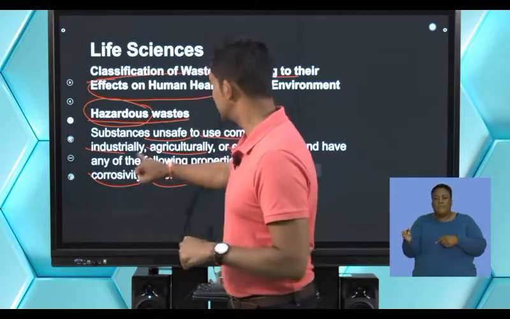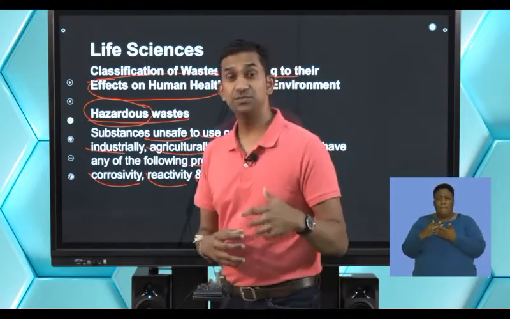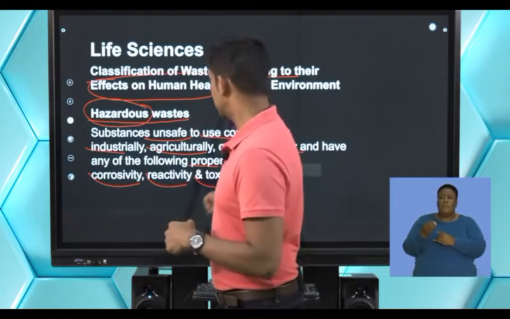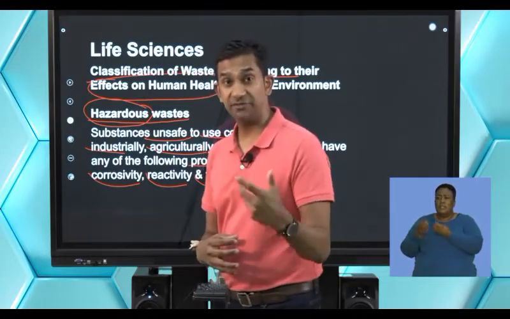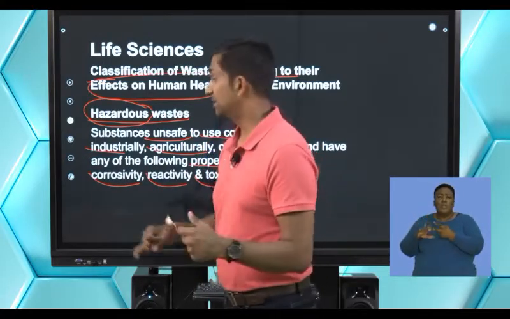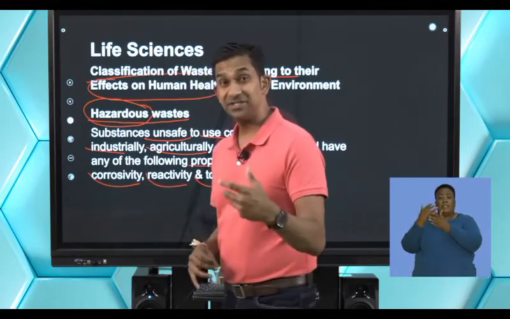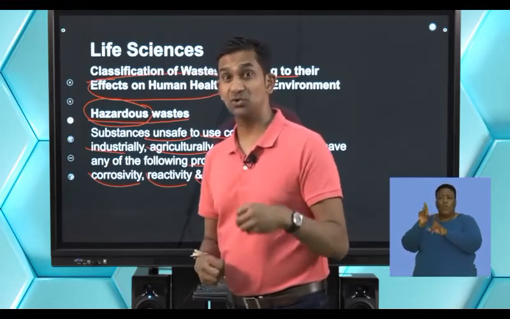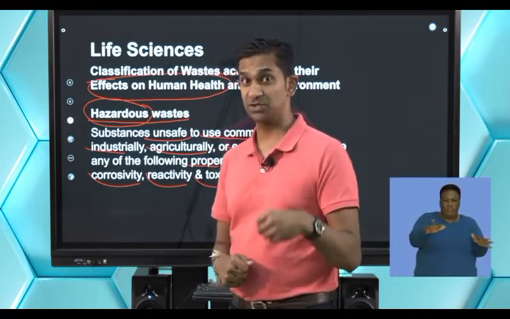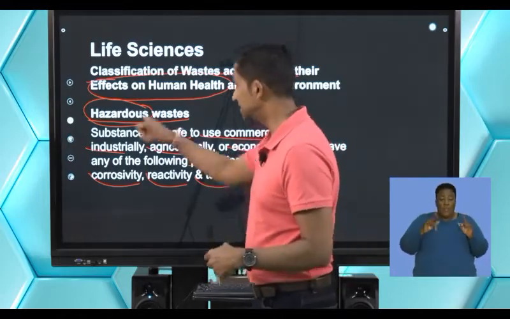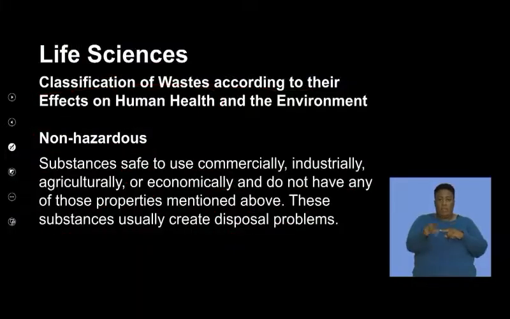So we will see that certain industries produce corrosive substances that are given off into the environment, into water bodies, that are damaging to the water bodies, but also can contaminate these water bodies which humans rely on. So that is hazardous. We also know that there are certain non-hazardous wastes that are produced, and these substances are